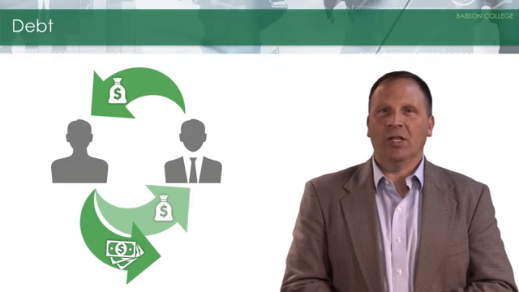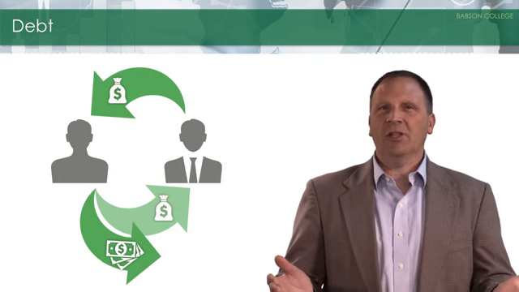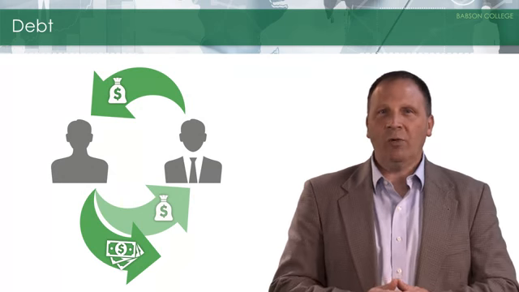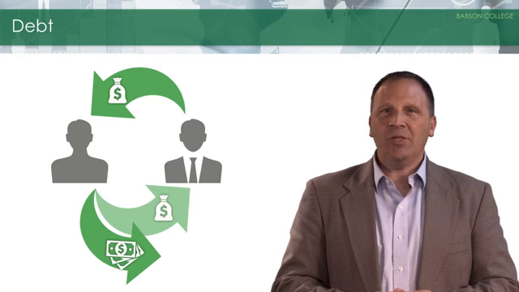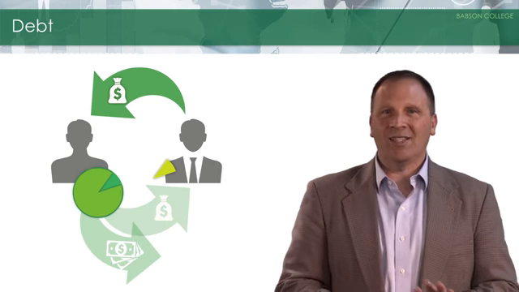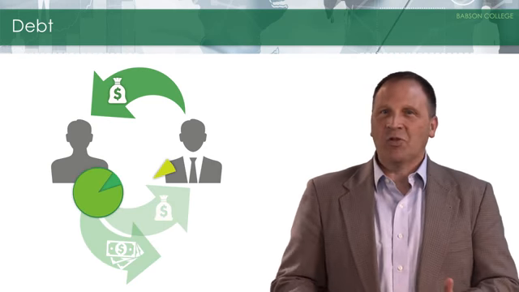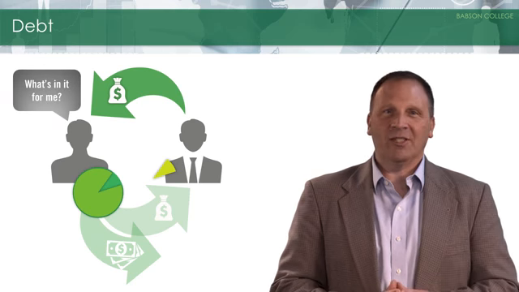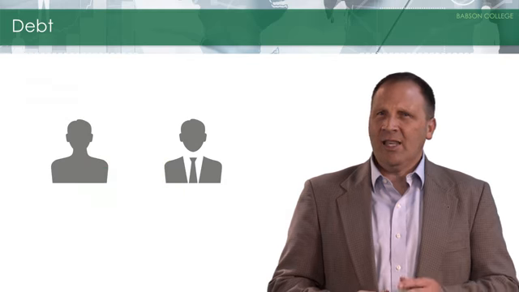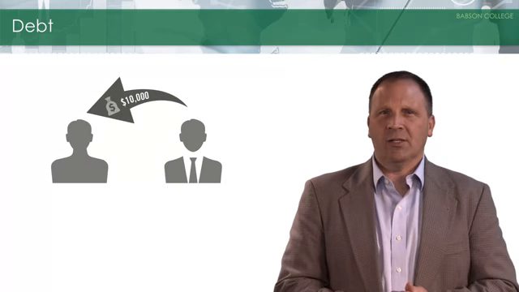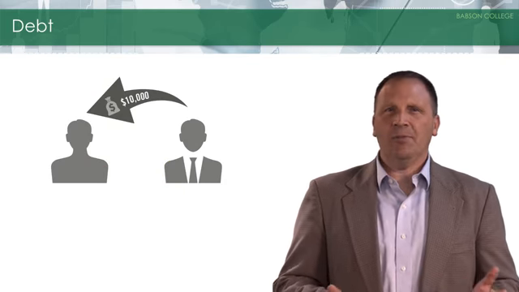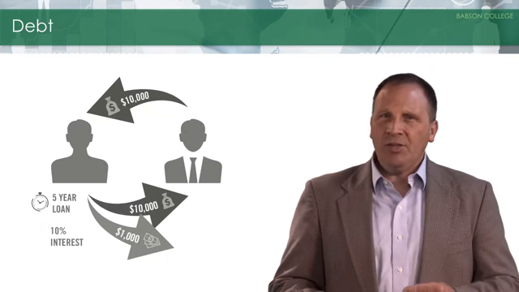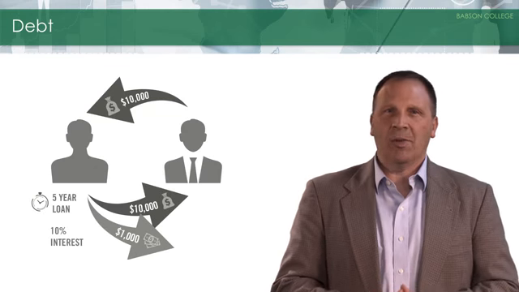So let's turn to hybrids with a couple of examples. Starting off, we'll talk about something called convertible debt. This is essentially debt, except whoever lends you the money has the option of converting the loan to equity at some later date. This sounds great for the lender, but what's in it for you, the founder and principal owner of the business? First, let's say you want to borrow $10,000 for your business, and the lender is going to charge you 10% interest a year, plus you need to pay the loan back 5 years from now.